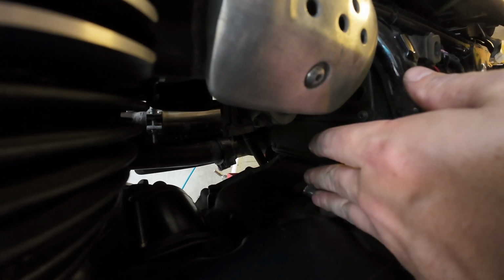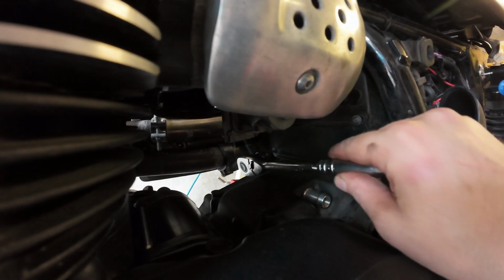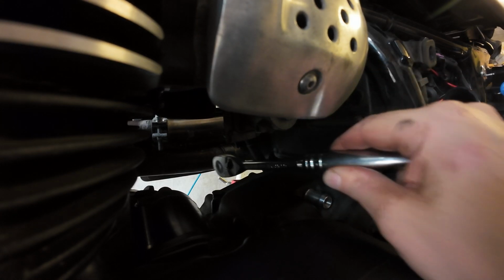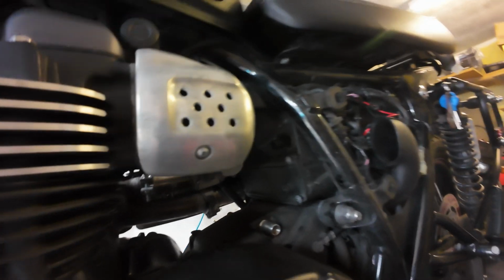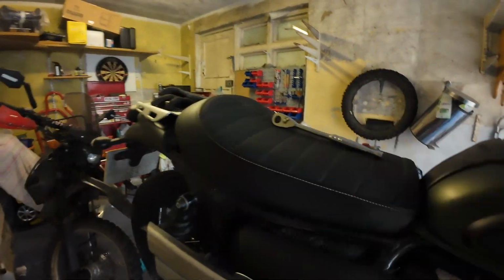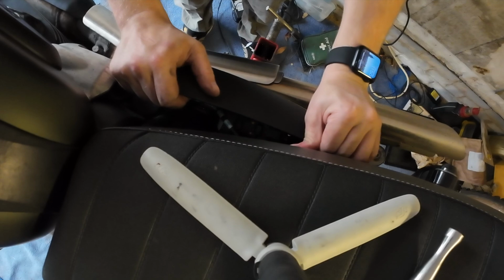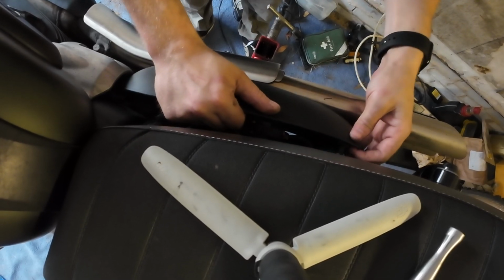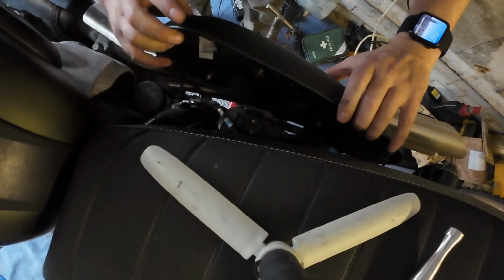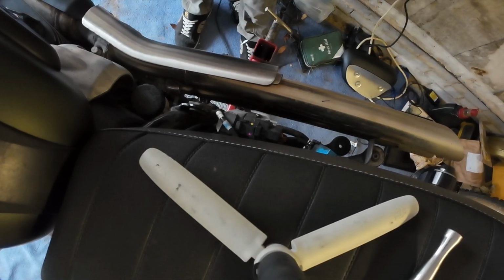Okay, let's loosen these off just to get them started. I can get the bottom one, I think. Not got much room to wiggle though, so let's go around the other side, take the side panel off and go from there. So let's just pop this off. Right, there we go. Right, side panel off. Let's see how...